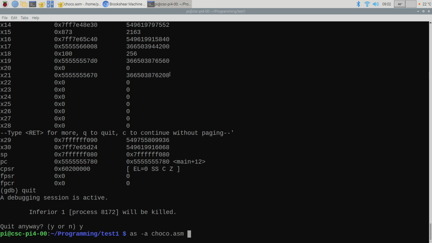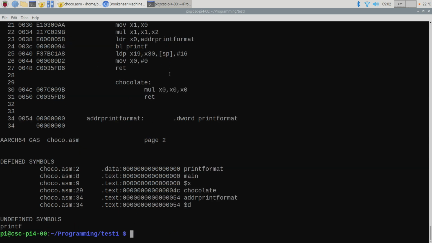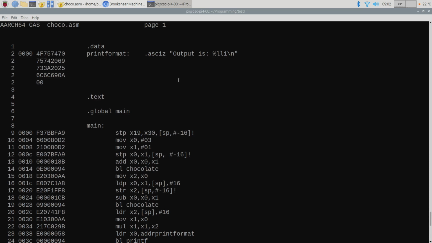Chaco.asm, and then I'm going to put a greater than symbol, and I'm going to do chaco.lst. Okay, so let me actually remove this part and just run that as is. What that does is it spits out this stuff to the console. Do you guys see, this is basically like what we had with our Brookshear example. We have it spitting out line numbers, memory addresses, machine code, and then assembly all together. But it's just dumping this data into the console.